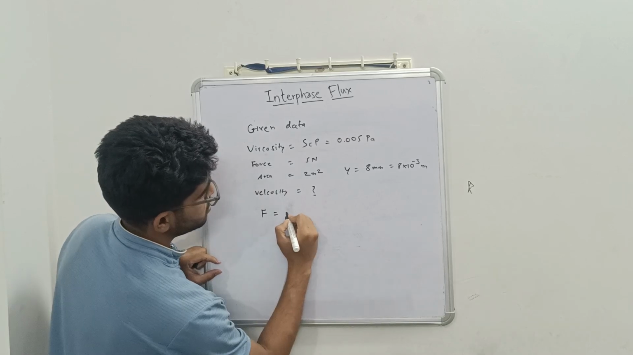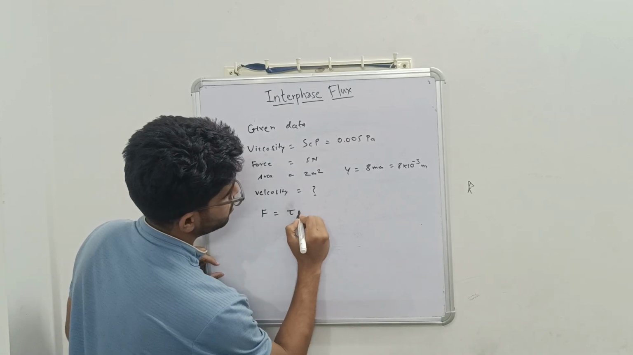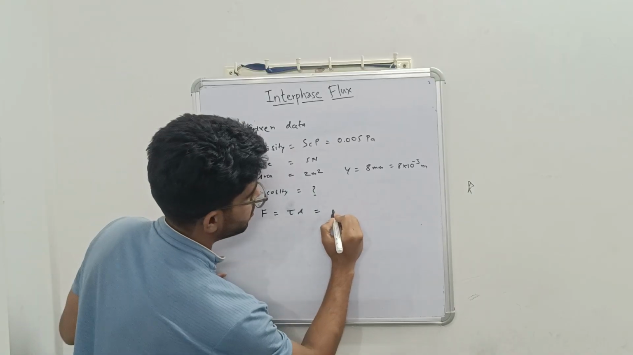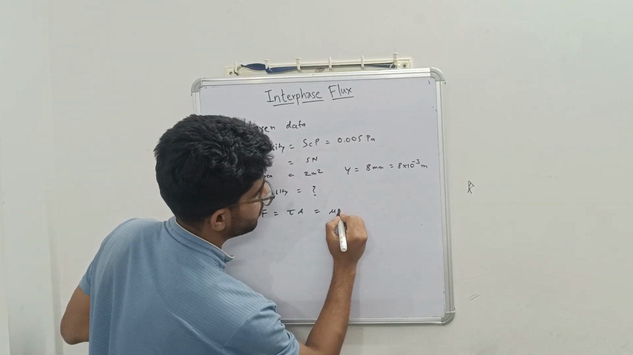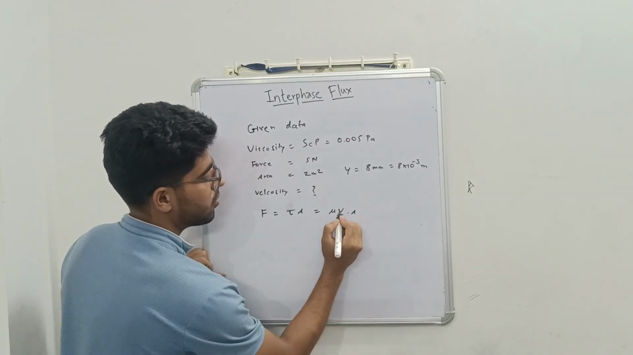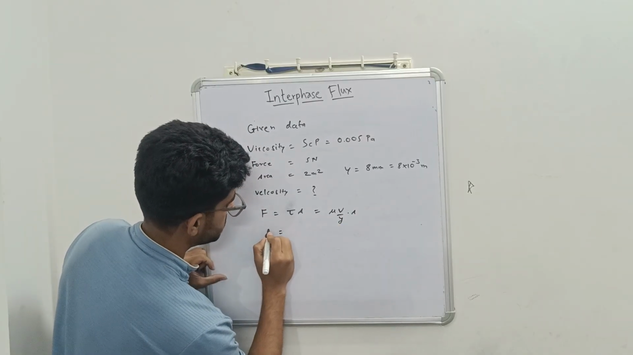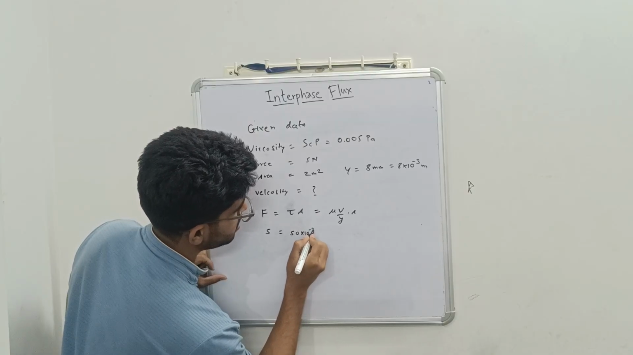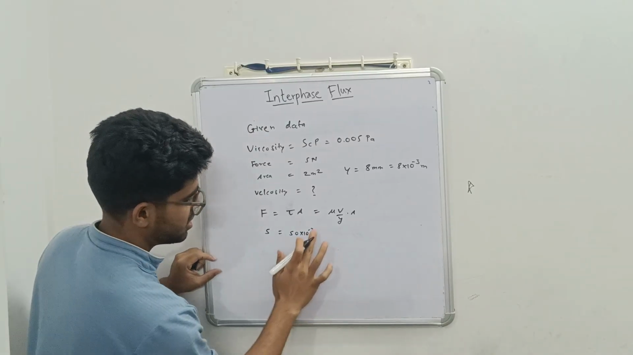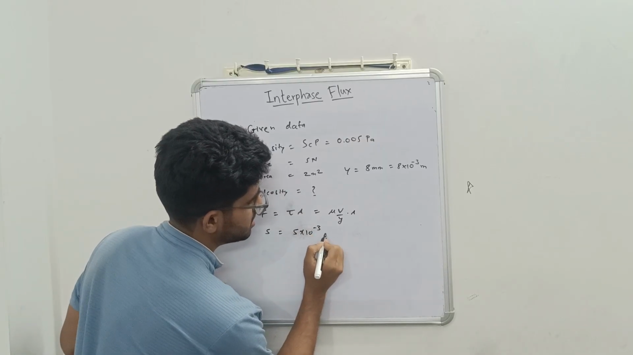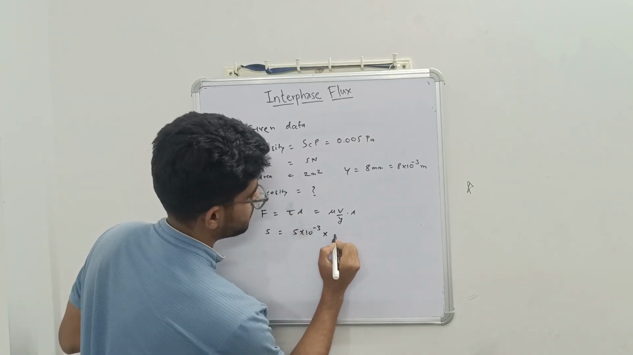We have given force which is equal to tau into area. Now how can we write this? Tau is equal to basically mu into v by y into area. We have to find the velocity, and the given quantity is force is equal to 5, and our viscosity mu is 5 into 10 to the power minus 3, and the velocity we have to find,